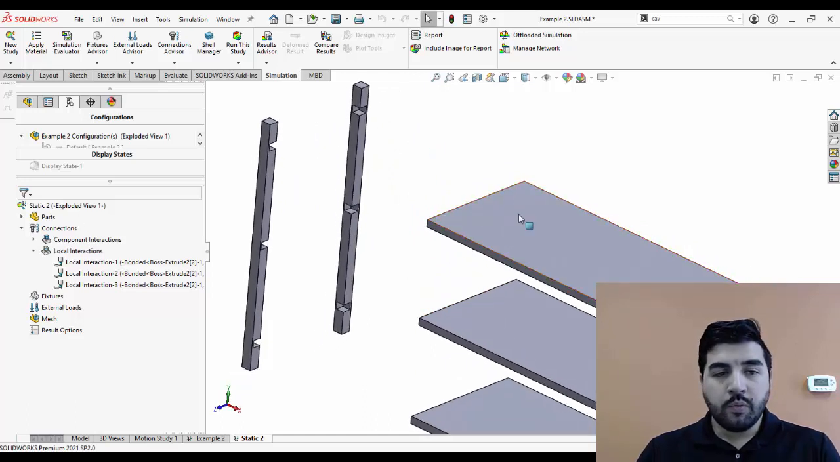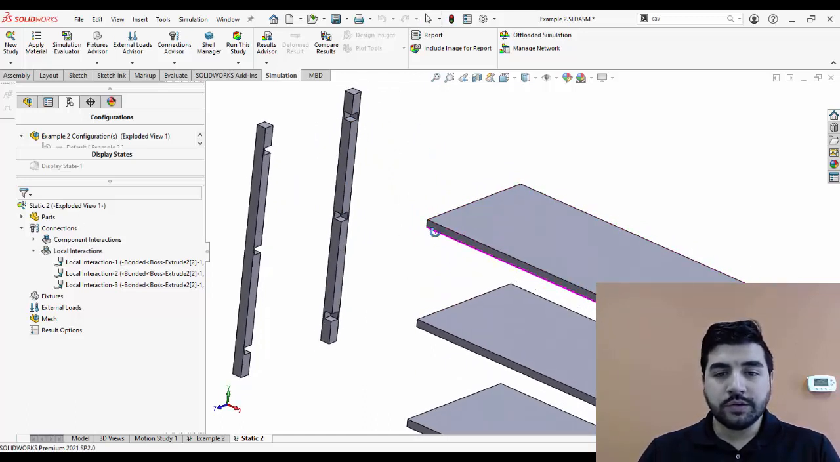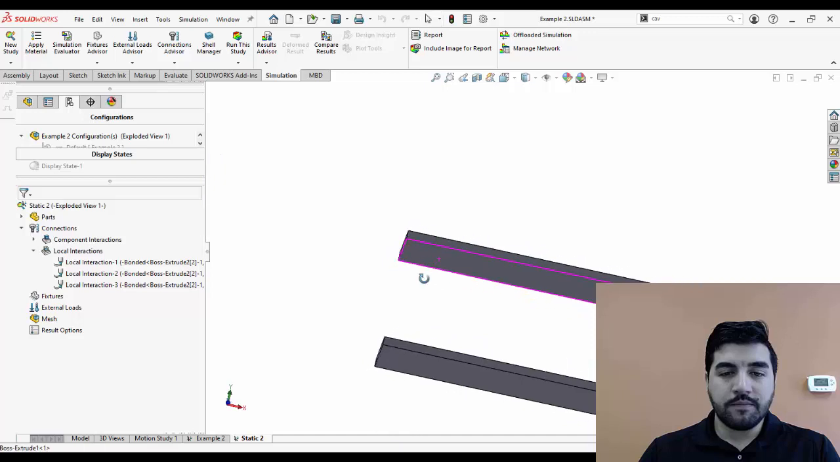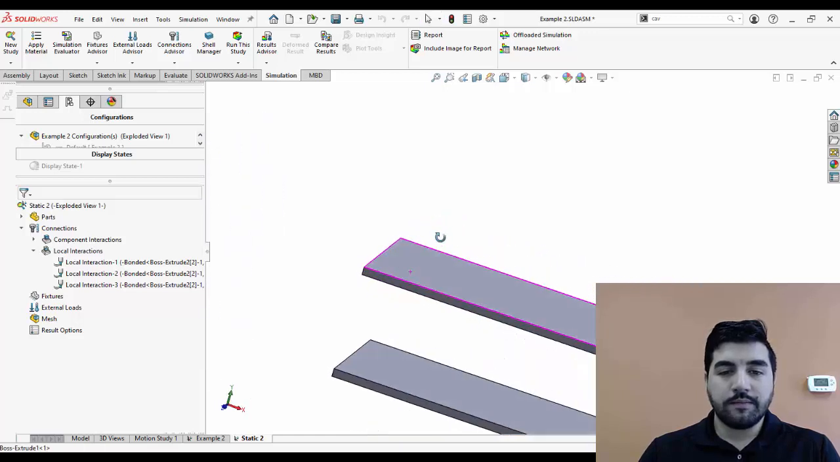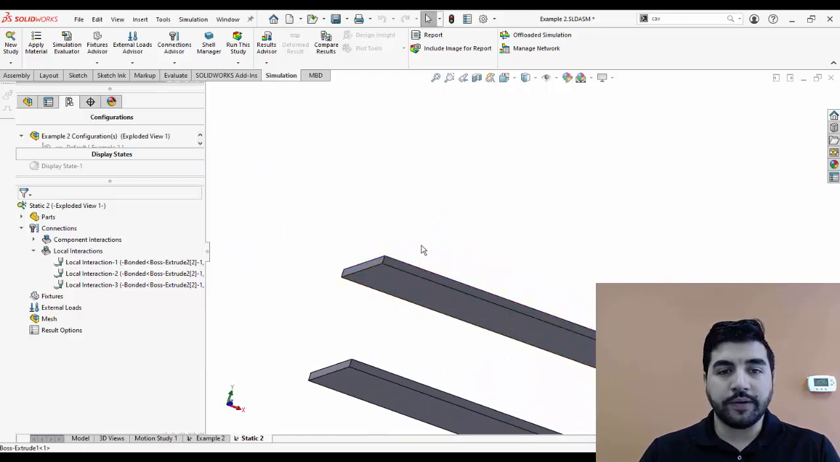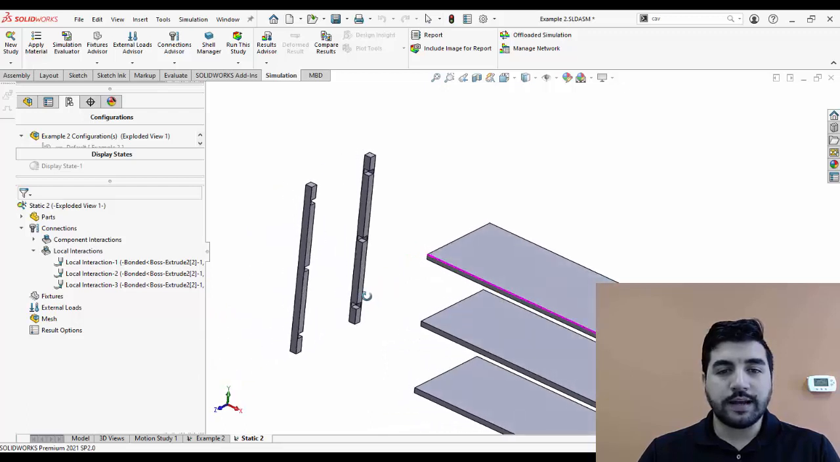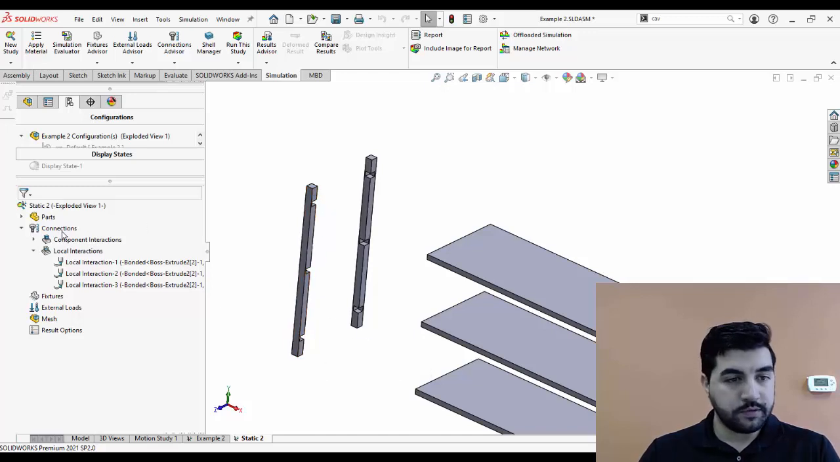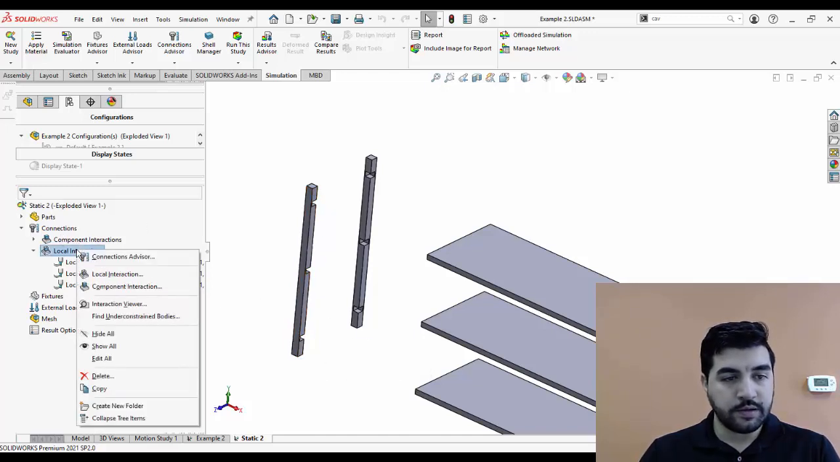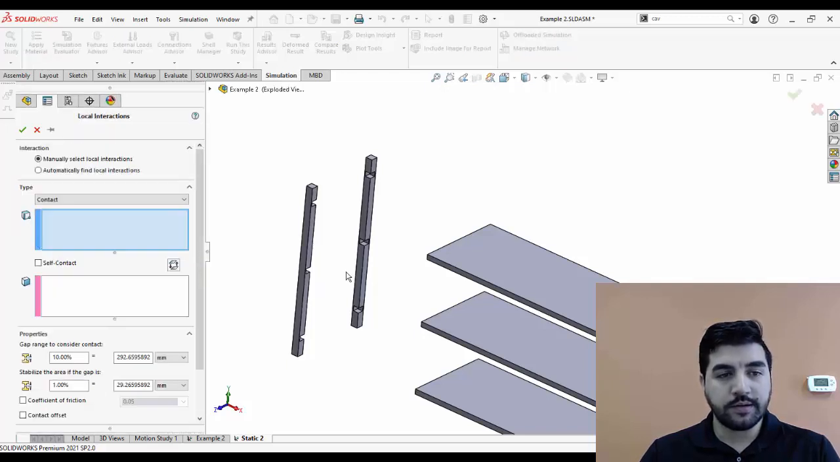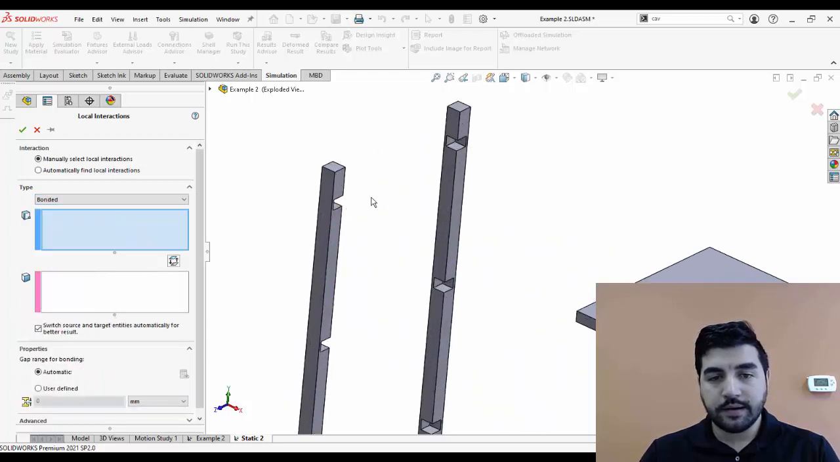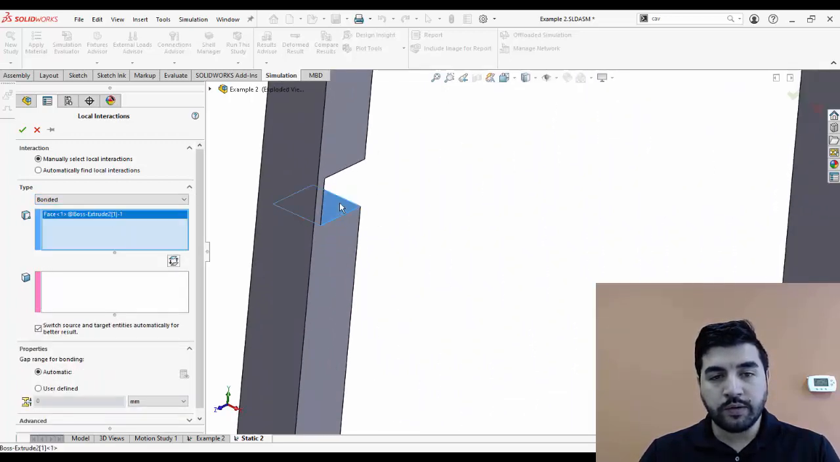So when we were applying the contact sets, you saw me actually rotating my view so that I could select the bottom face. Let's try to do it slightly different. So I'm going to apply these contact sets on the left leg of my table. So I will right click local interactions this time. I'll select local interaction. Okay, we're going to select the bonded type, and on the first window I'll select this